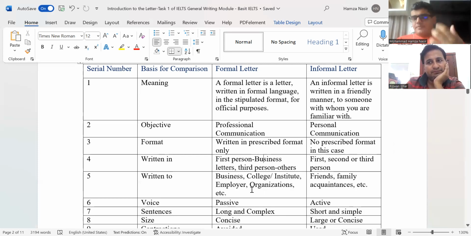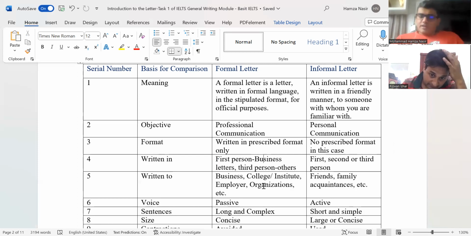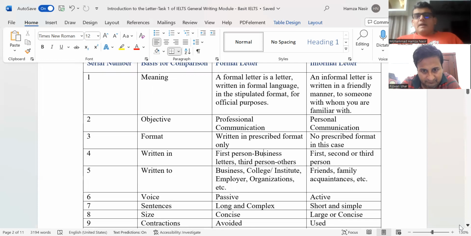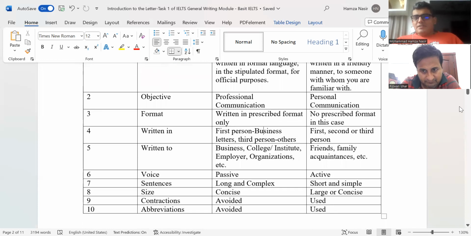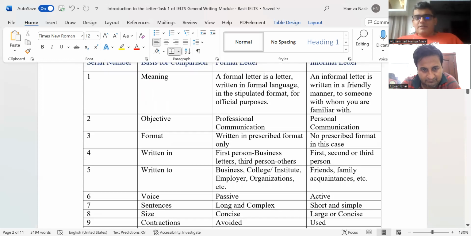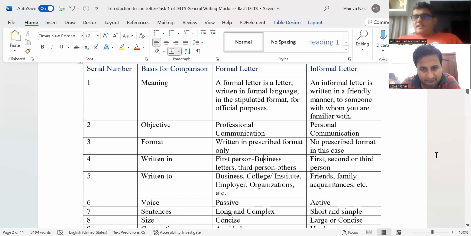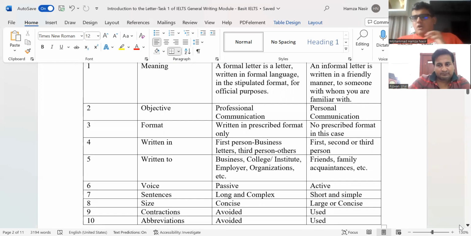उसके बाद फॉर्मल लेटर्स किन लोगों को मुखातिब किया जाता है। A formal letter can be written to a business, to a college, an institute, employer, or organizations, etc. Whereas an informal letter is written to friends, family members, acquaintances, etc. Okay? आगे आता है passive or active voice. A formal letter is written in a passive voice, whereas an informal letter is written in an active voice. Okay? Once again, we will talk about this passive or active voice क्या होती है आगे जाके।